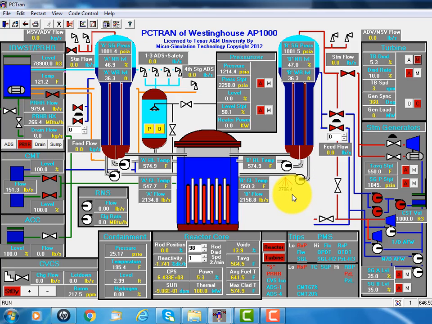Or actually, this is in British units, pounds per second. You see the break flow now. The primary pressure dropped rapidly from 2,000 psi to 1,000. Okay, and without the ECCS using pumps like all the conventional PWR, there's a passive